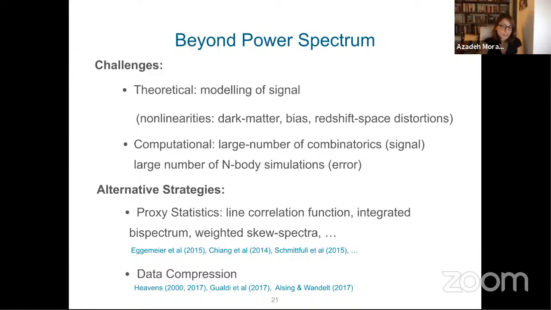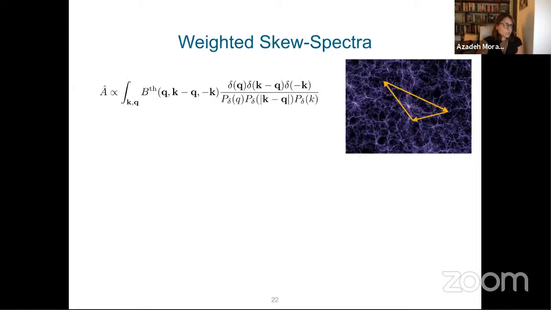I'm going to focus on the first approach, basically, and then, as I said, I would discuss this proxy statistics, i.e. the weighted Skew-Spectra, and how we can constrain cosmological parameters from it. So the idea here is that when we are measuring the 3-point function, let's say on the right, I'm just showing a snapshot of an n-body simulation. So imagine you want to now measure the 3-point function of this field. Instead of measuring this 3-point function, if you're interested in the parameter that appears as the amplitude of this 3-point function, you can also construct